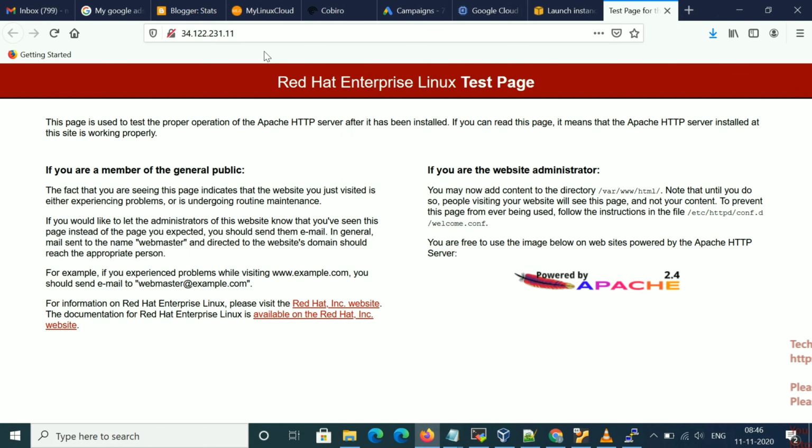Go and hit it there. You can see when I pasted the IP here, it's showing the Red Hat Enterprise Linux test page. So it means my Apache is working fine.